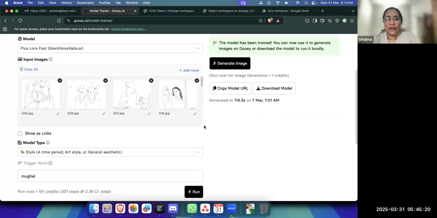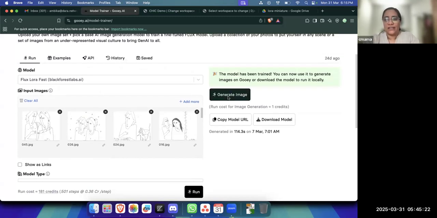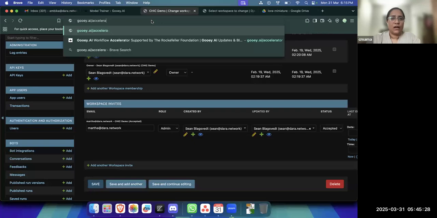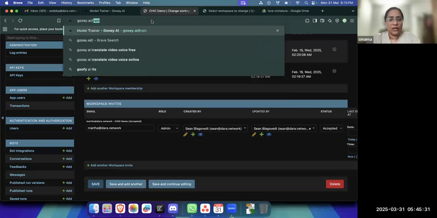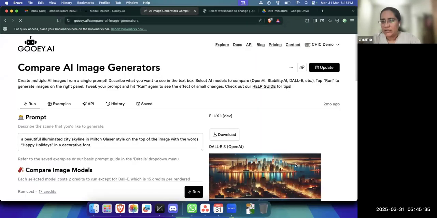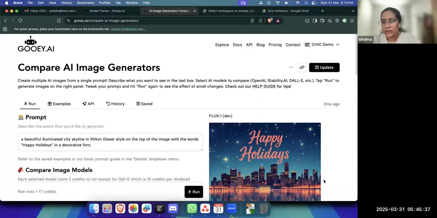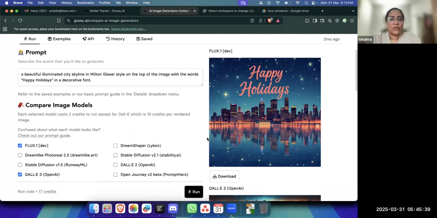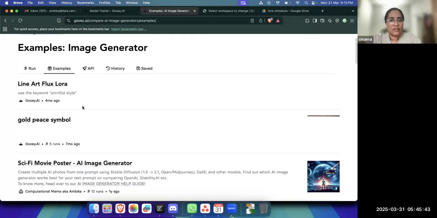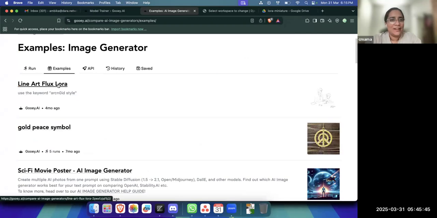So in that context, before I do the training, I just wanted to show you what this means. So we'll go to our text to image tool, which I think you all are using anyway, right? Most of you must have used that, that's where the images are coming from, or are you using other tools? Okay. So here, if you go to the examples, if you want to use Archana's tool more often, it's here